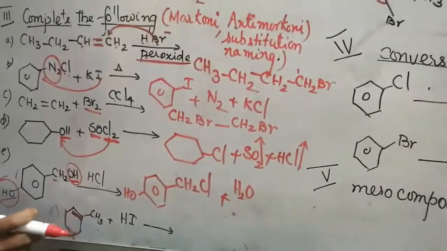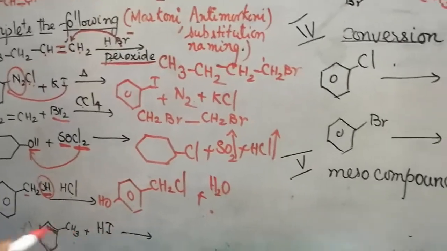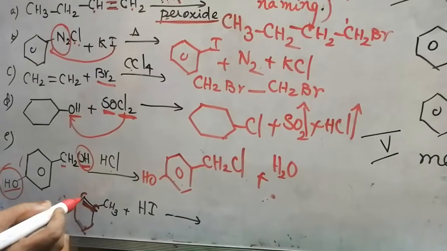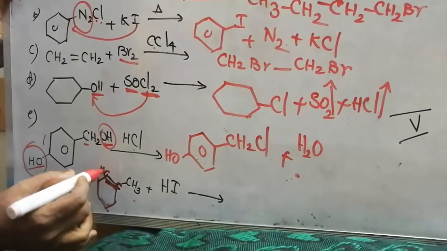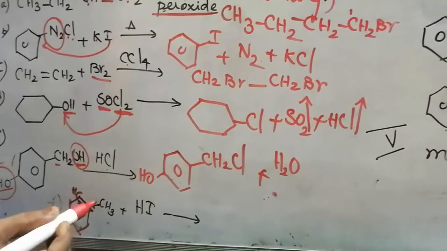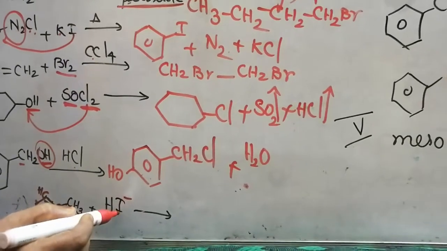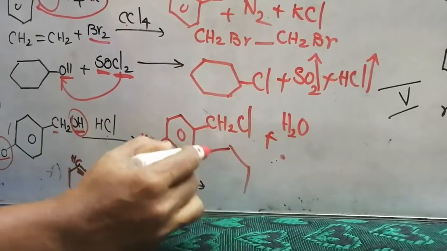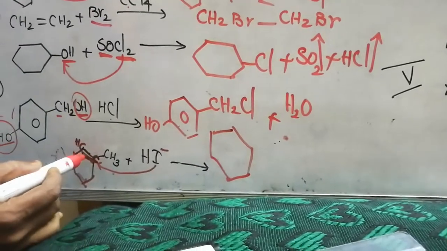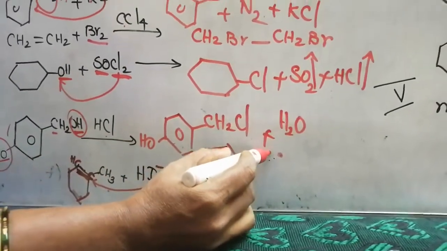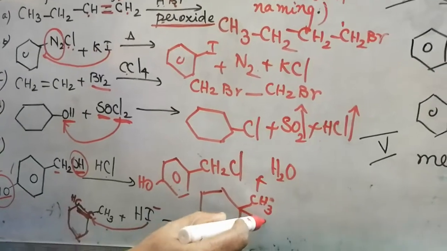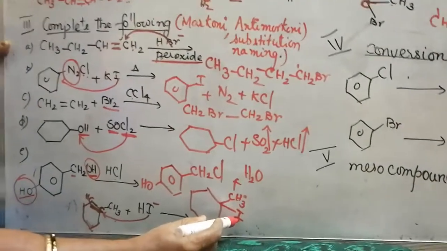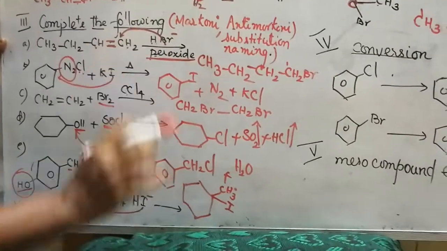Here you have an unsaturated compound. I am adding HI. You have to see the double bond between these two carbon atoms. This carbon has 1, 2, 3 H. This carbon atom has 1, 2, 3, 4 valencies satisfied. The negative part of the incoming group will attach to the carbon having a lesser number of hydrogen atoms. So the product you will get, the double bond will disappear. CH3 is already there on the same carbon, and I will also be attached to it. 1-iodo-1-methylcyclohexane.